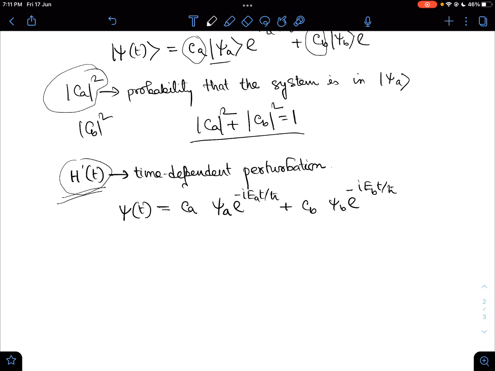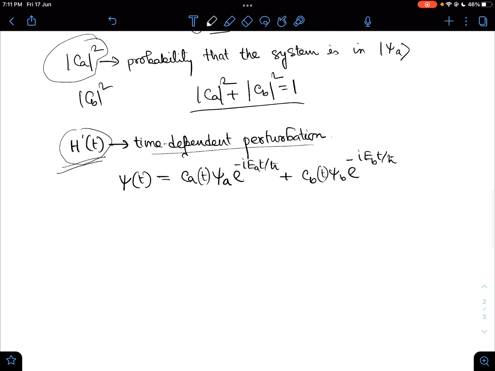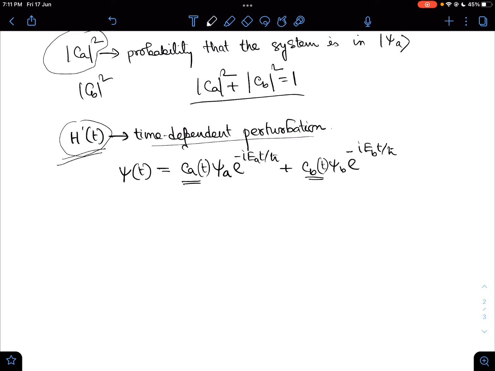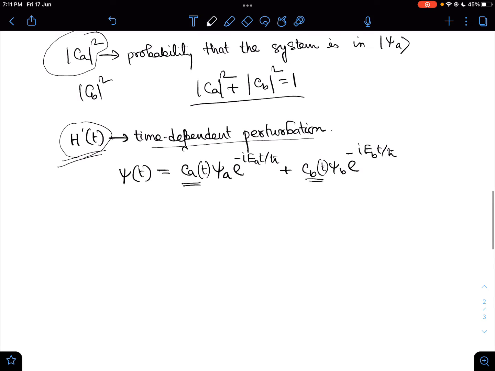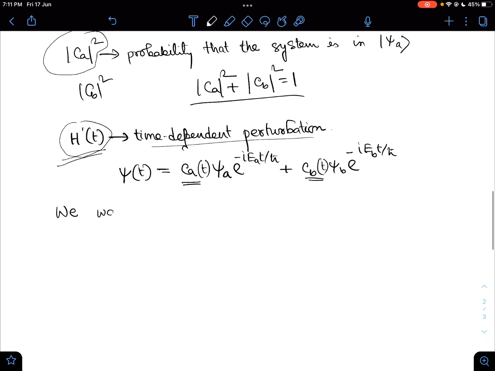But now, whenever we turn on this time dependent perturbation, these coefficients will depend on time. This is the key difference between a Hamiltonian which has time dependence and one which is time independent. So now our whole problem is to determine CA and CB as a function of time. What our main problem is, we want to know how CA and CB evolve with